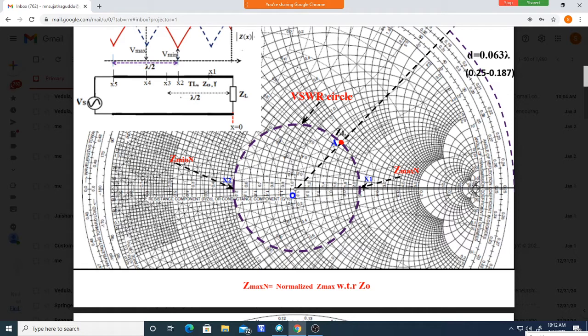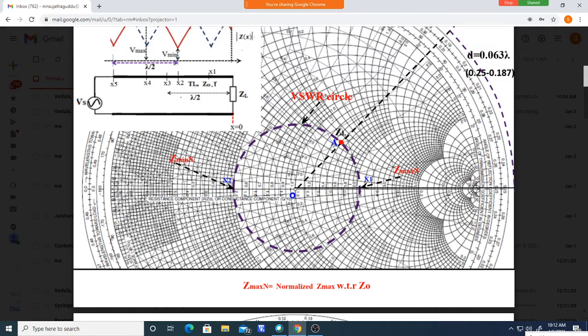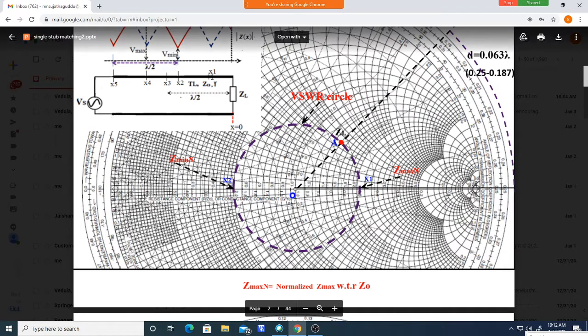There we observe a maximum impedance. So you can find it by moving like this, where the maximum is, and you can easily find that from the Smith chart. Just move like this and stop here. Then you find out the distance from here to here. That distance, this x1, is at this distance.